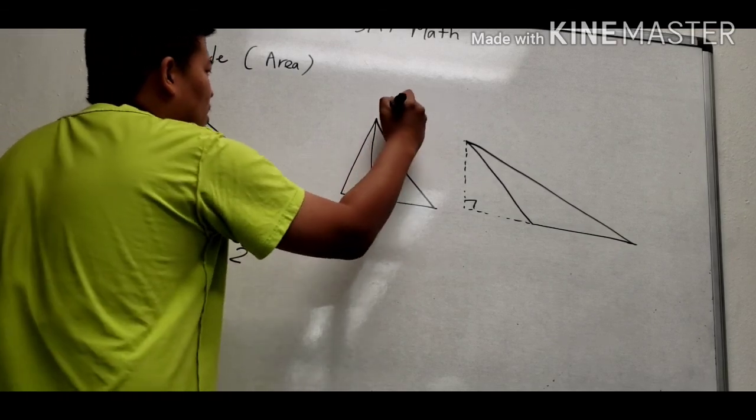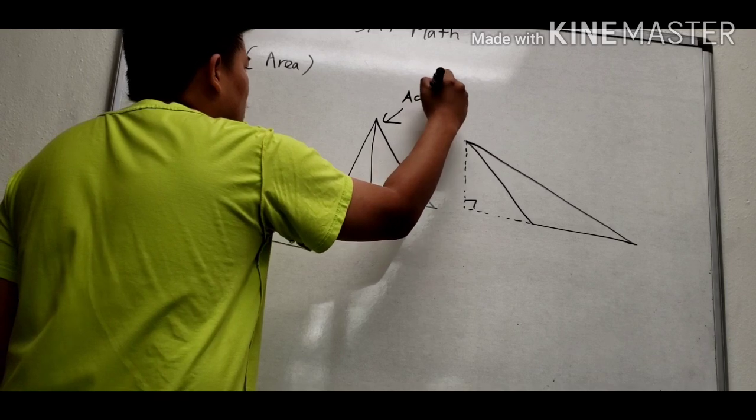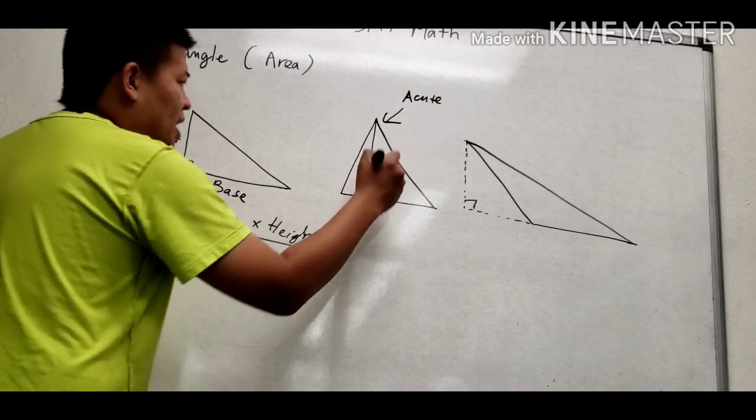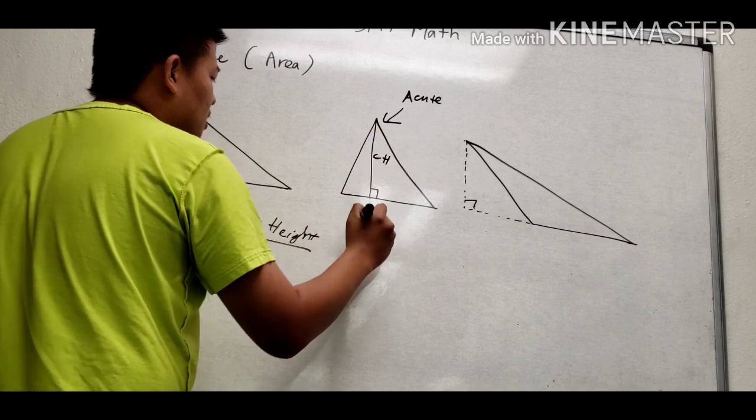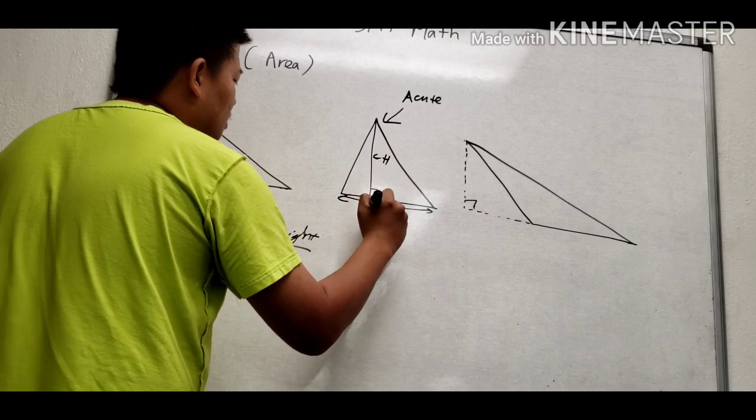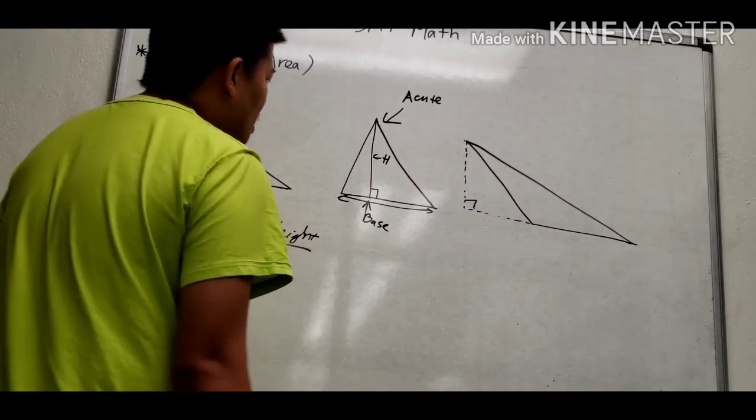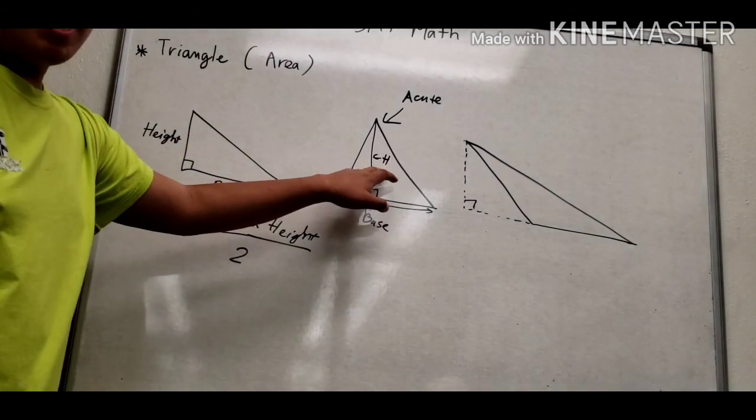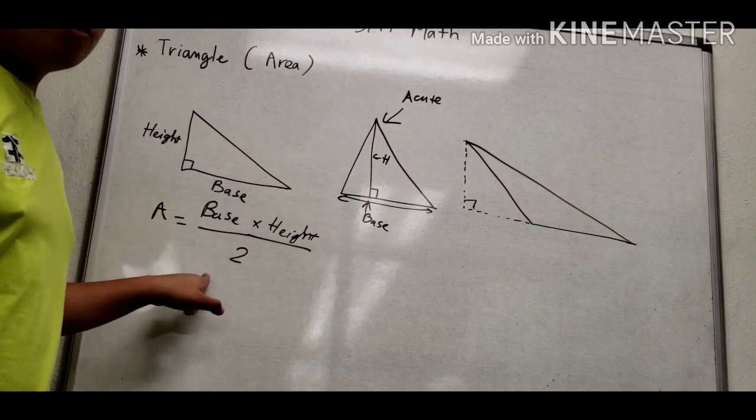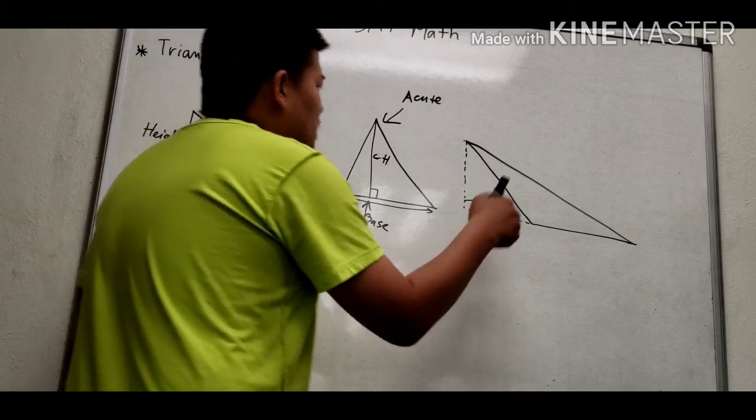Similarly, this is an acute triangle, and we have the height in here, and in here this is the base. So if they provide the height and the base, you just multiply together, then divide by 2. And the next one is about